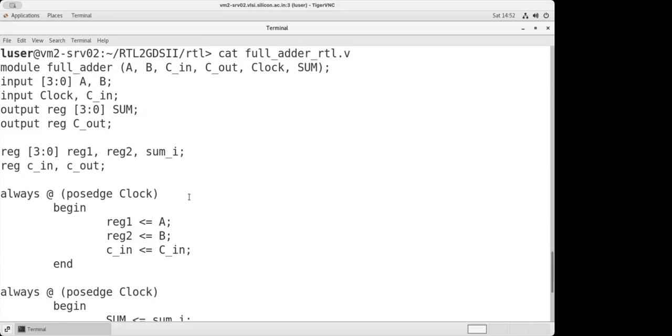Now you may ask, okay, Puneet, what is clock? Because in case of an adder, it is a pure combinational circuit. Now how does clock come into the picture? So the way we design this particular adder, you have to understand that